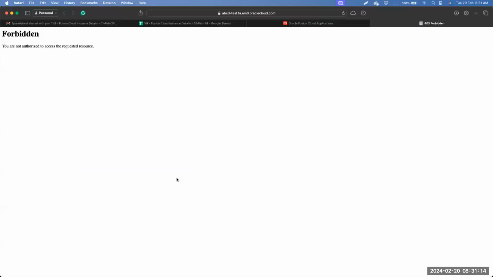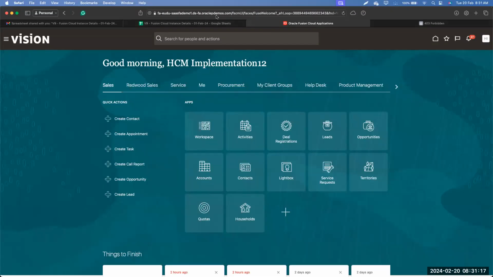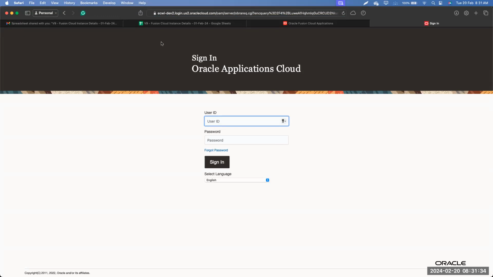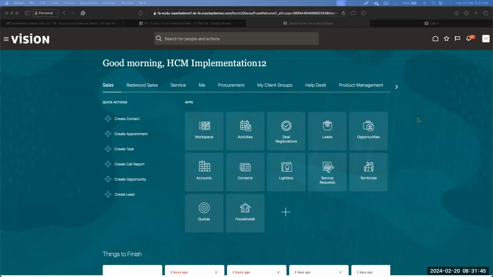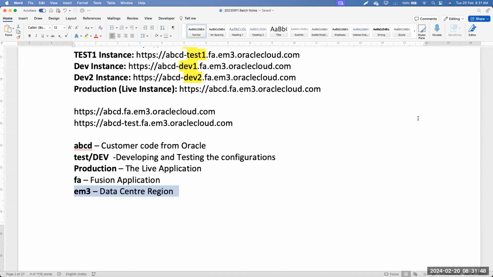So if I just go to our current instance, you don't see anything here. That's because this is a demo instance. If I just go to any other customer, okay, you see, this is another customer instance. And here you will see US2. That means that this customer's data center is in the US, and all the data has been stored in the US data center. This is very crucial, especially with the recent developments in a lot of countries.